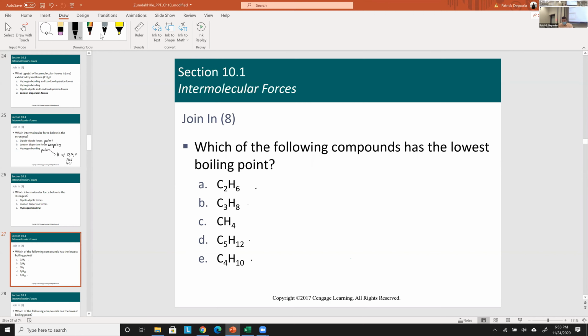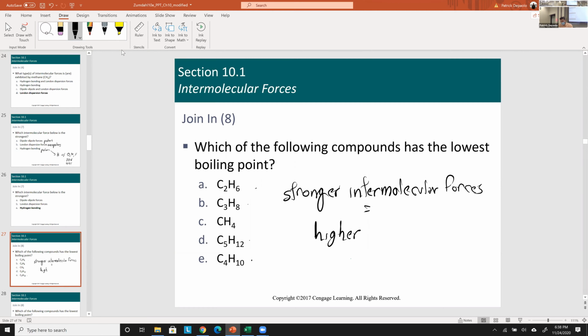So here's what I will write. Here's a good statement to understand: the stronger intermolecular forces equals higher boiling point. And what this means is, if you have stronger intermolecular forces or more of them, I'll put stronger / more, then you will have a higher boiling point,